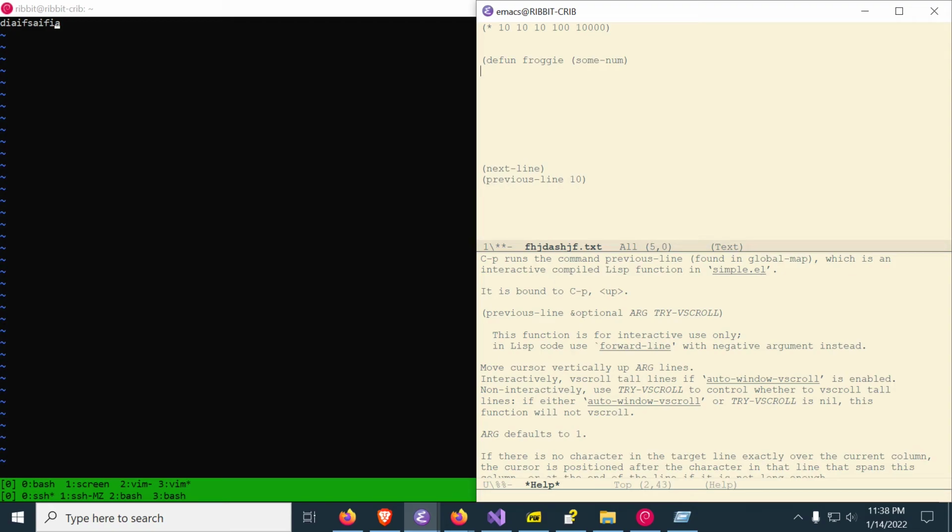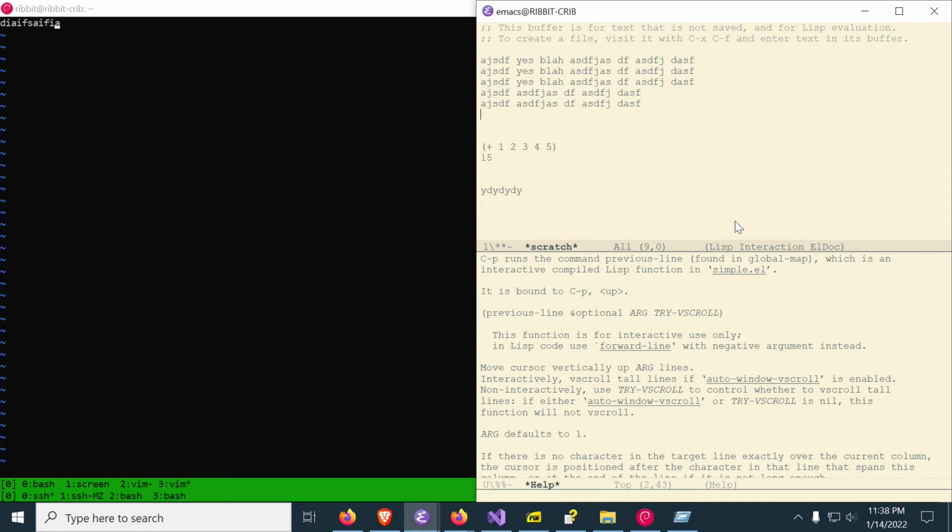And then come over here. It's not indenting my code because it's in a text buffer. So in this particular case, maybe I'll go back to my buffer just so you can see the auto indentation. Defun froggy, and then say some num, let's say,